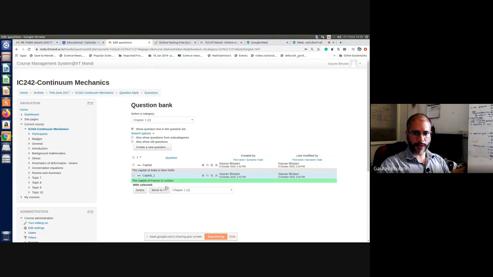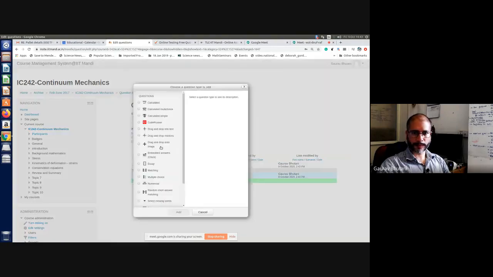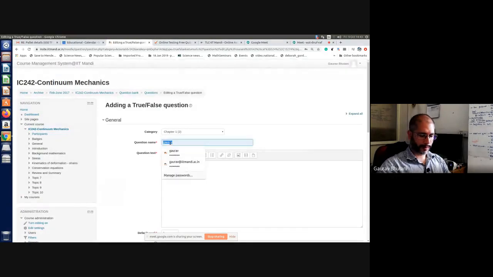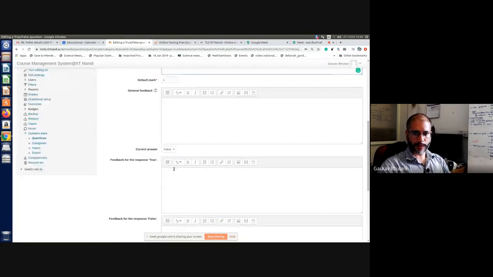And then let's generate one more. Again, a similar true false question. I'll name it capital underscore 2. This time the answer is correct. It's true.